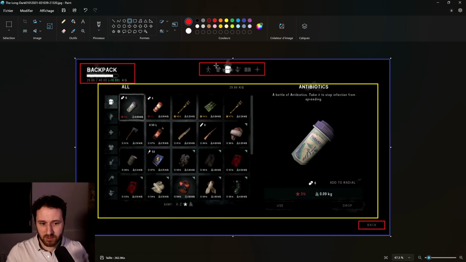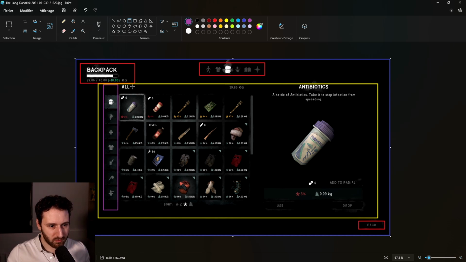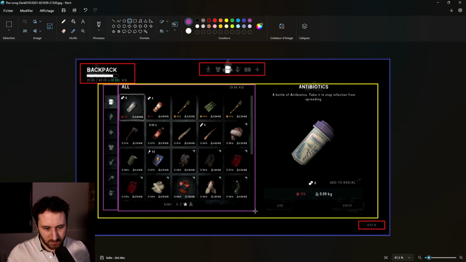Then inside this widget, we will have this little widget, and this widget. After that, we will have this big widget, which will be the inventory. And inside the inventory, we can subdivide a little bit more. In purple, there'll be this icon to filter in our inventory. This part up here is going to be showing what we have actually selected.